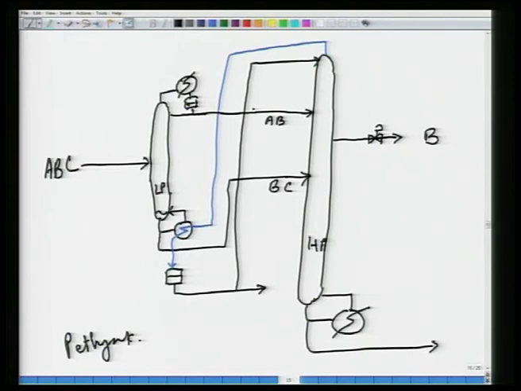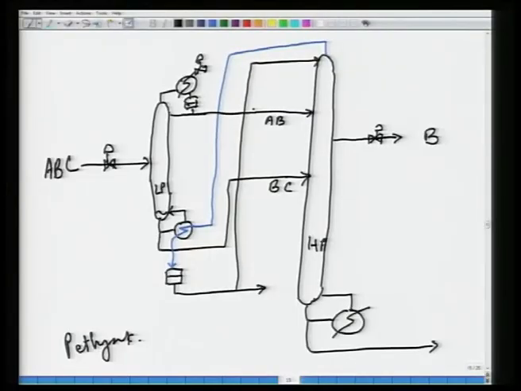Let us count the valves. Feed, of course, I do not count it because the feed is something that is set from an upstream process. 1, 2, 3, 4, 5, 6, 7, 8 and 9. Yeah, of course, that is true. Okay,